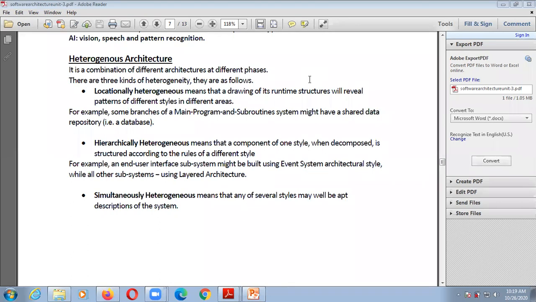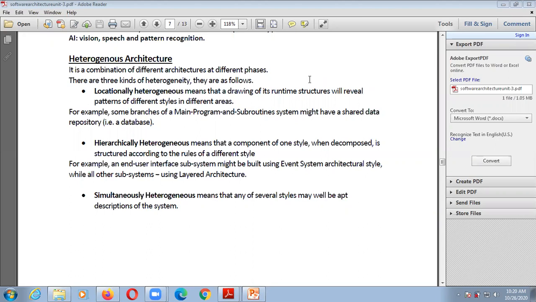Here you have seen that example: the end user interface might be built using event system architecture styles, while other subsystems use layered architectures. Whenever we decompose that system, we restructure that architecture using new structures or a new architecture. Then the third one is simultaneously heterogeneous.